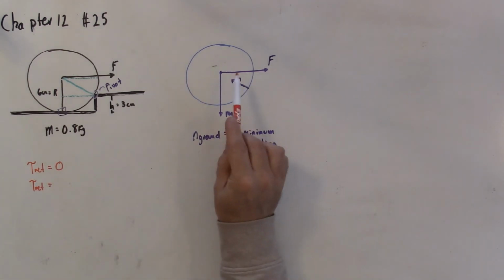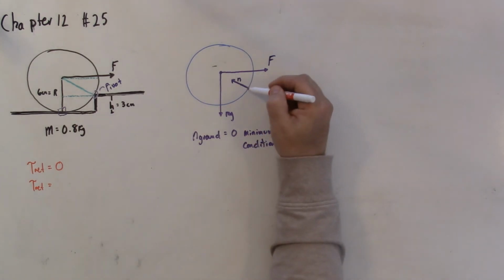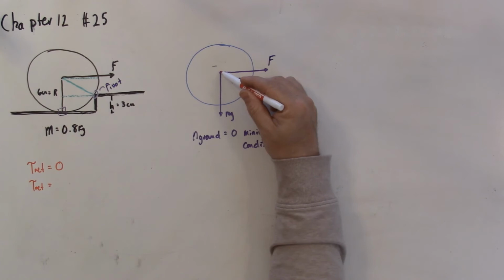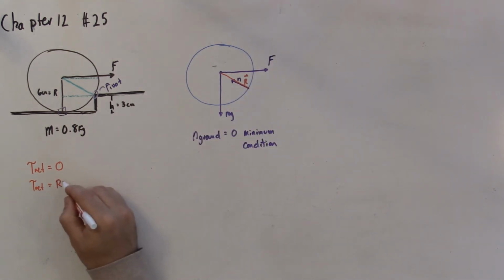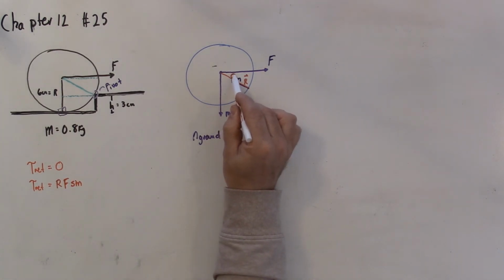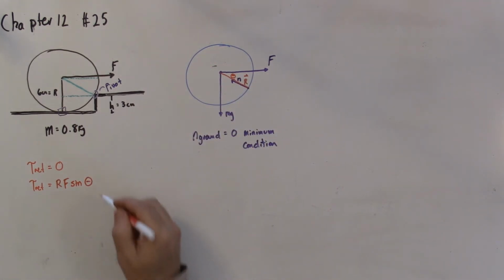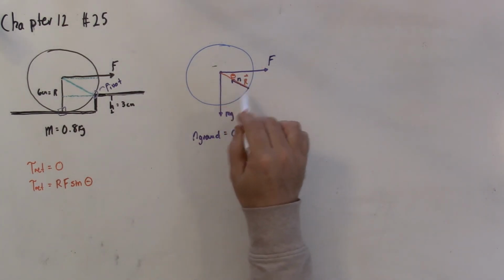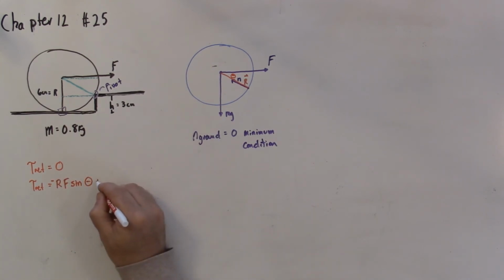What are the torques? Well, is this force supplying a torque? It absolutely is, right? If this is my pivot point, my R vector is where the forces are being applied. So my R vector would be here. That's my R vector. So it's R times F times the sine of the angle between them, which would be this angle right here. We'll call it theta. That's going to get it to rotate this way, so this one would be negative. And what about the weight? Plus